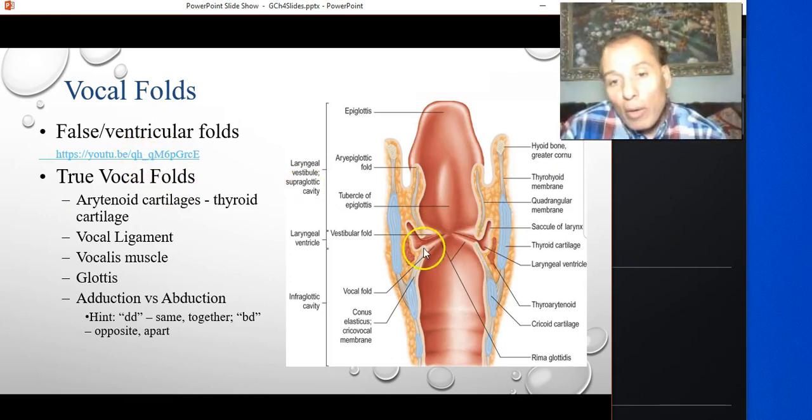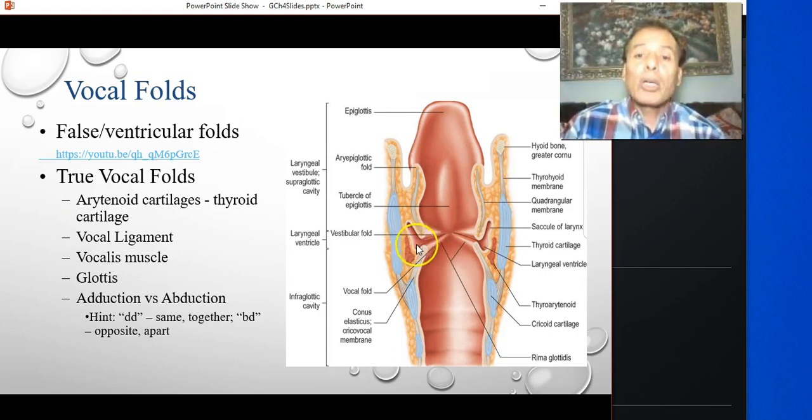And on top of the true vocal folds, there are two folds hanging down here that are called the ventricular folds, sometimes called the false vocal folds. The functions of them are to hydrate the vocal folds, to make mucus and make them slippery, make them moist all the time, to provide protection, and under extreme conditions to enable us to close the airway also. So they provide another layer of protection.